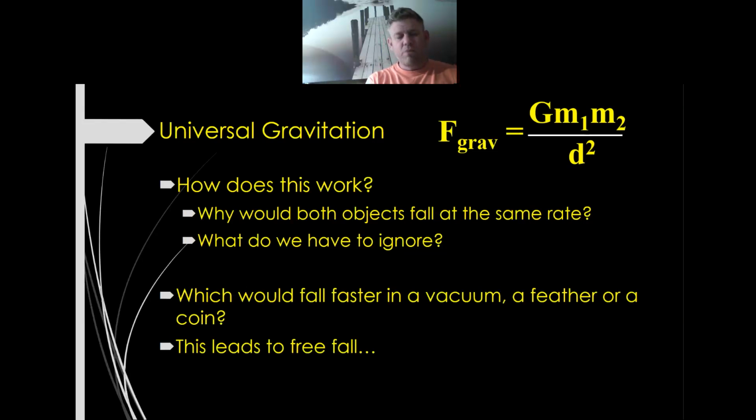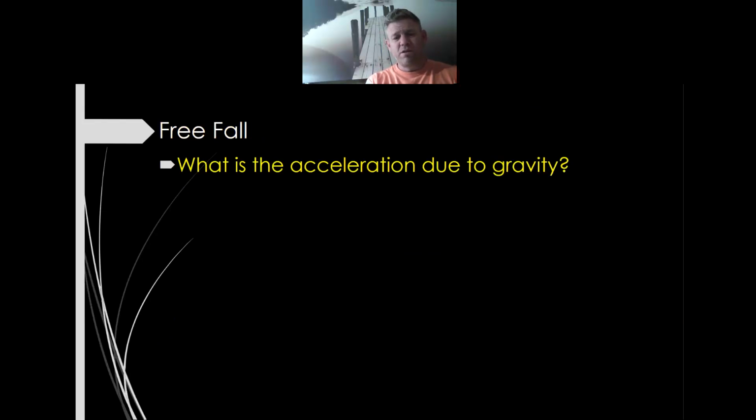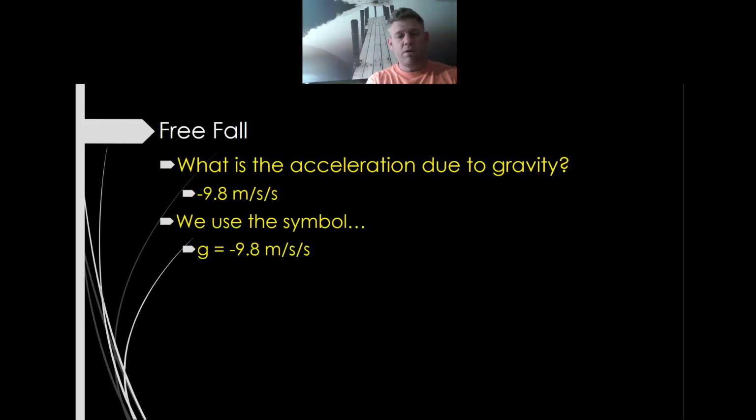Now, which leads us to this concept of free fall. So, when we talk about free fall, we have to talk about an acceleration due to gravity. But what we talk about is this is negative 9.8 meters per second squared, or negative 32 feet per second squared, meaning that after 1 second, you should be going 9.8 meters per second. After 2 seconds, you should be going 20 meters per second. All right. So we use the symbol g equals negative 9.8 meters per second squared because that gravitational pull, yes,